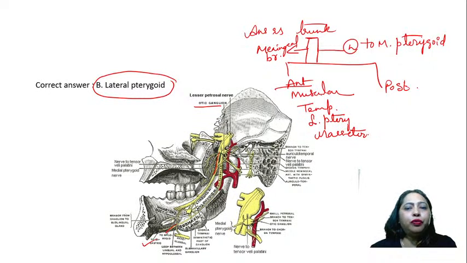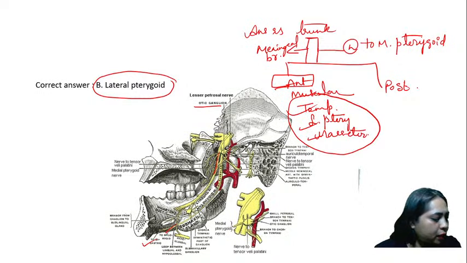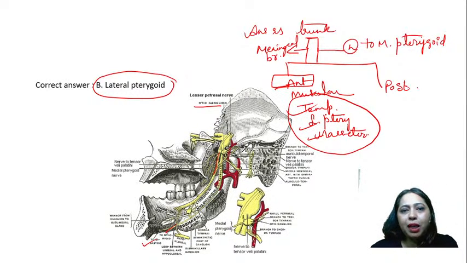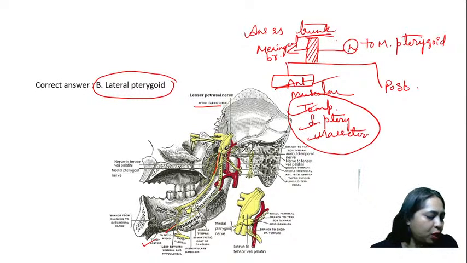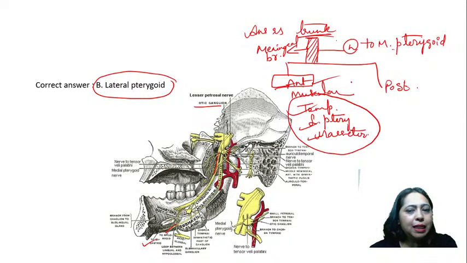Okay. Out of the 4 muscles of mastication, the anterior division supplies only 3. I hope Tina is with me and she's listening. Out of the 4 muscles, the 3 are supplied by the anterior division. 1 is supplied by the trunk itself. Okay, not the anterior division. That's why when you picked medial pterygoid, it is not the answer, because it is supplied by the trunk, not by the anterior division. I hope all of you are with me and listening.